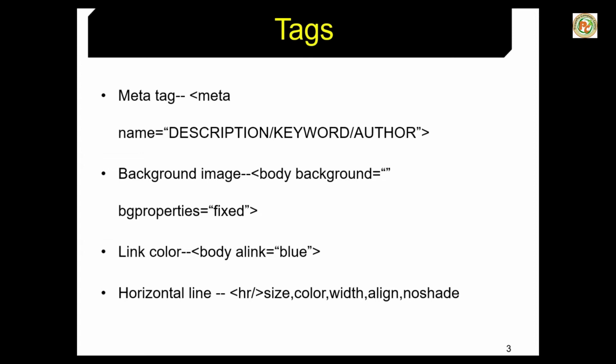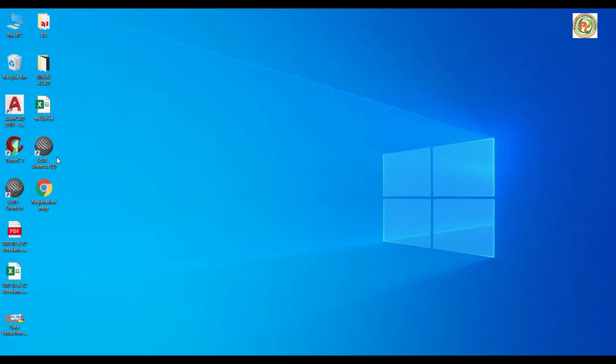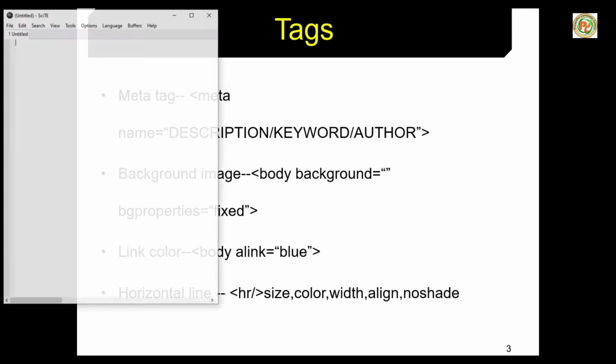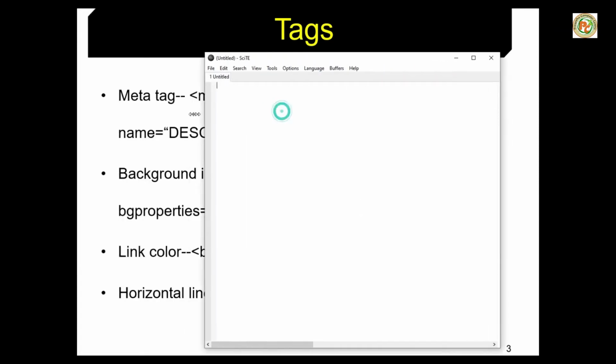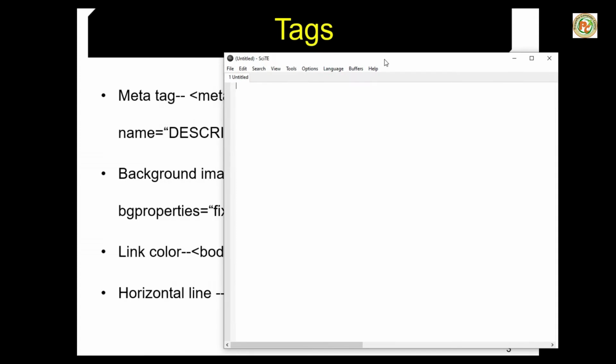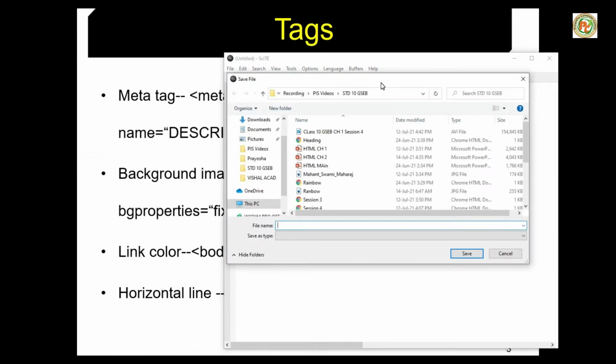First, how to create all these pages. We will first open the site from the computer. Okay, and then we will begin to create it. I will minimize everything, and then double click on that. So you can see here I have opened the site. Now we will start, but before I start, I will save it first.